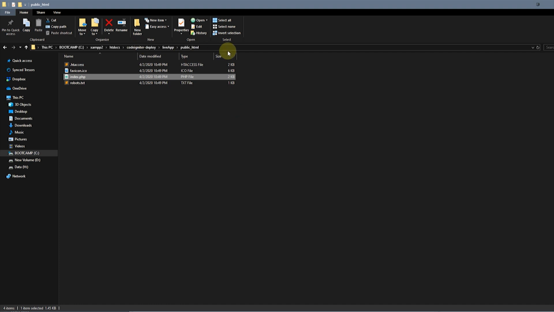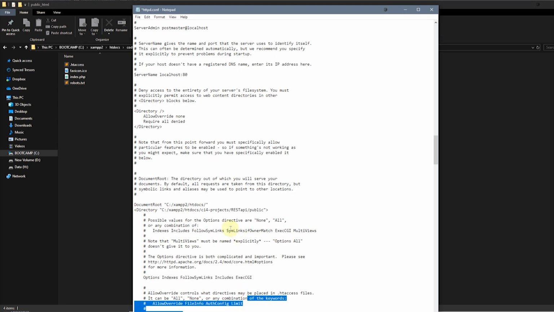So let's see, it is CodeIgniter deploy. Okay, let me just copy that. Okay, I created the shortcut, no need for that. Let's take all of this. Let's go back to our text file, paste it, and let's just change the slashes. Okay, and beneath the directory will be exactly the same. So both of the lines, document root and directory, should have the same path. Save this, close it,